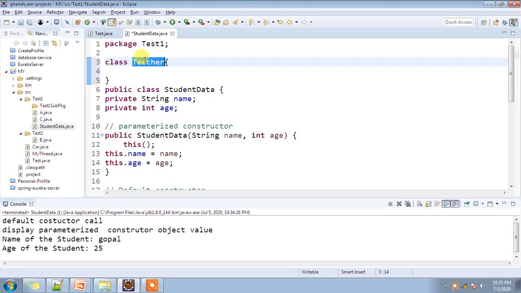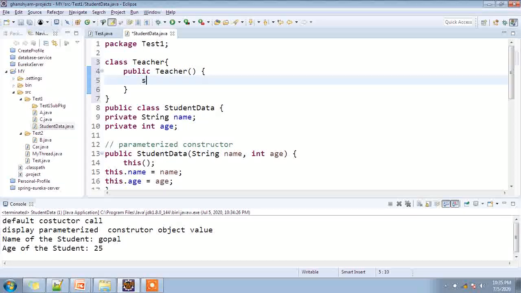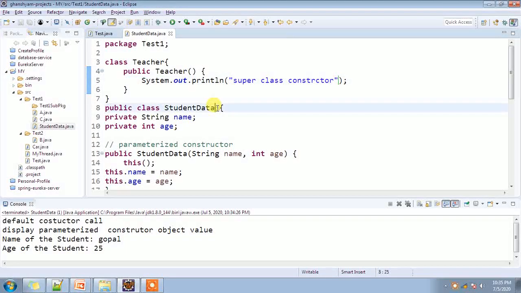Now you define a default constructor, public Teacher, superclass constructor.